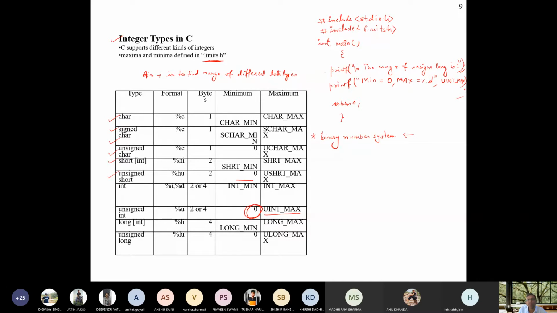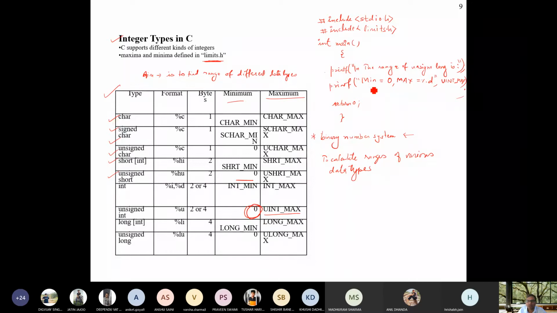So this is the program, and you need to write a program for all the sizes of integer to calculate ranges of various data types. For this purpose, you require this table, with minimum and maximum.